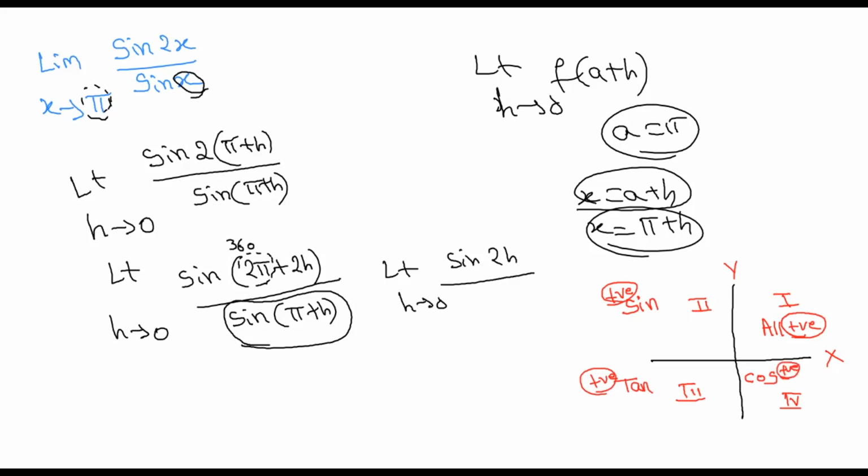So the rest will be negative. Here, sine is positive, so what is the inverse of sine? Cosecant. If sine is positive, its inverse, cosecant, should also be positive. If tan is positive, cot is also positive. If cosine is positive, secant is also positive. So in these quadrants, these are positive. If anything else comes in this quadrant, other than the given ones, it will be negative.